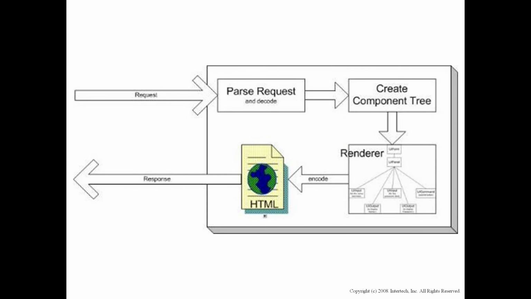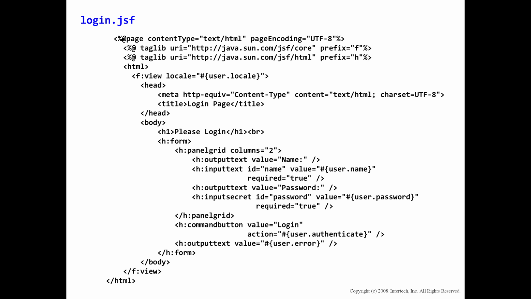So essentially what happens is the request comes in, it gets parsed by the lifecycle manager, the UI component tree is created, all of the validations and conversions are done, etc. And then ultimately, assuming there are no problems, it renders the HTML, which then goes back in the response. So here's an example of a more